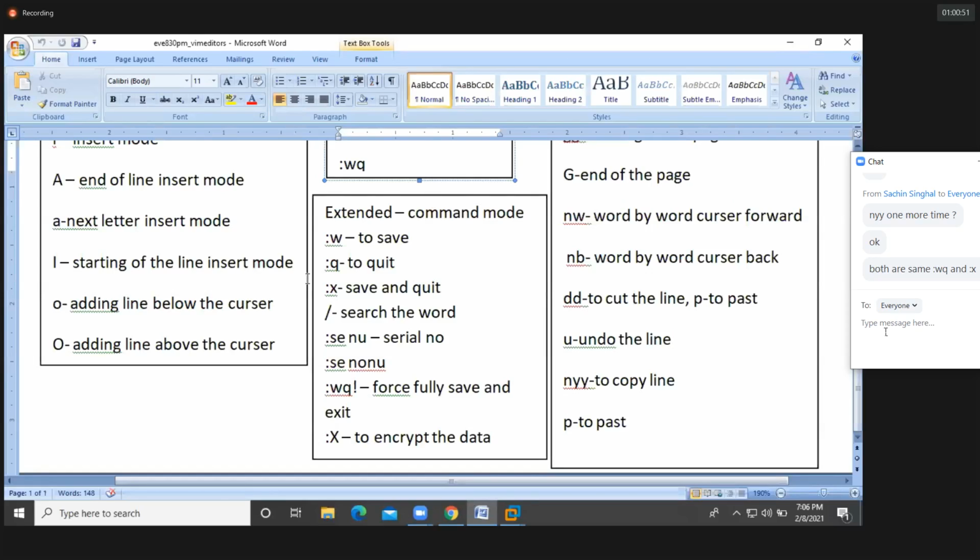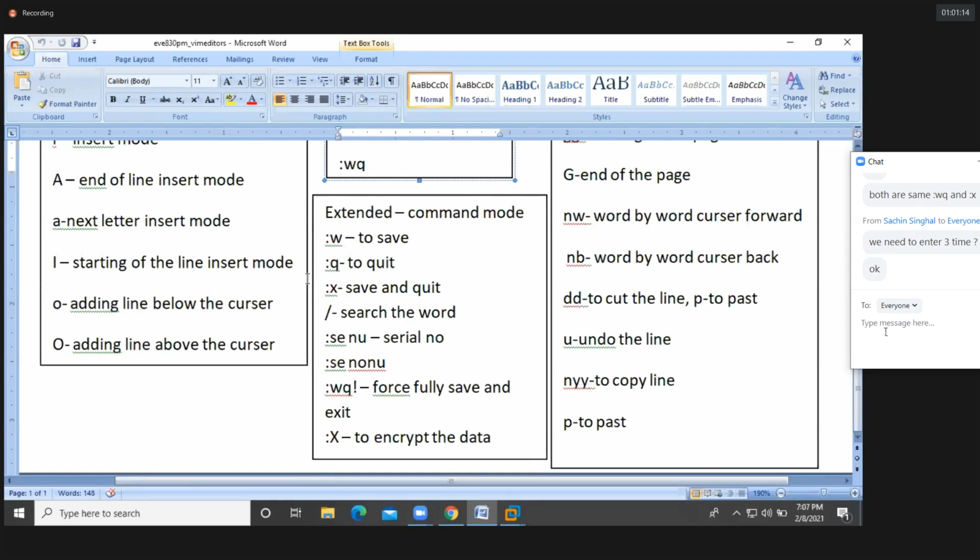Okay. So now, can we open multiple files at a time? That's it. Colon capital X, enter, enter, enter. That's it. No need to provide anything, Sachin, don't provide any password. Just hit enter. That's it.